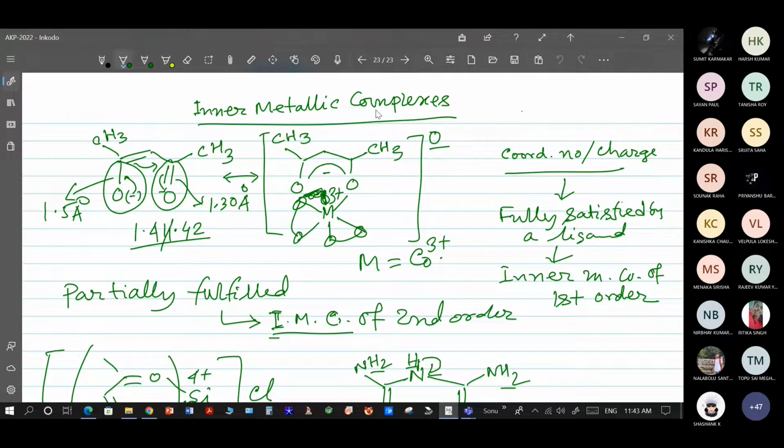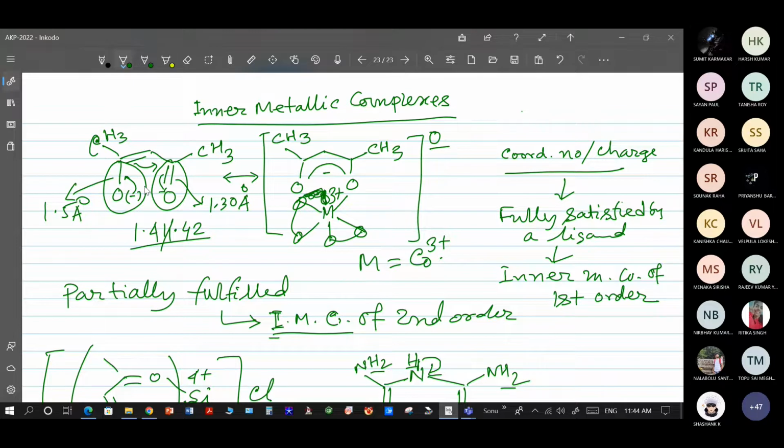Inner metallic complexes means complexes where your ligand system must have neutral as well as anionic donor centers. That type of ligand can fulfill either fully or partially both the coordination number as well as the charge of that complex. If your coordination number and charge are both fulfilled fully, then it is said to be a first order inner metallic complex. Like here, this is known as acetylacetonate. If you have acetylacetonate, this O minus is there,